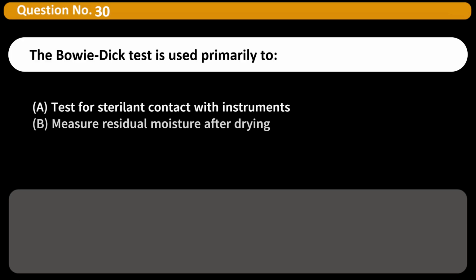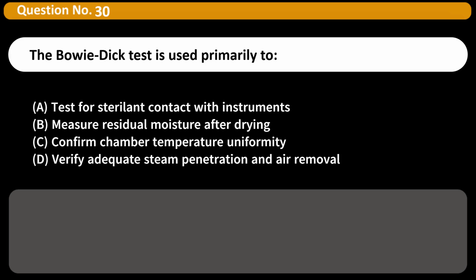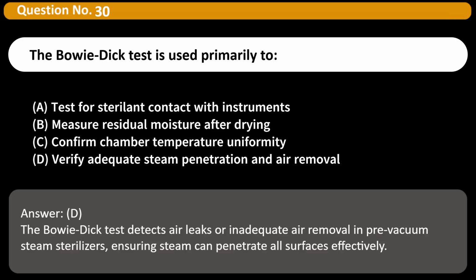The Bowie Dick test is used primarily to: A. Test for sterilant contact with instruments. B. Measure residual moisture after drying. C. Confirm chamber temperature uniformity. D. Verify adequate steam penetration and air removal. Answer: D. The Bowie Dick test detects air leaks or inadequate air removal in pre-vacuum steam sterilizers, ensuring steam can